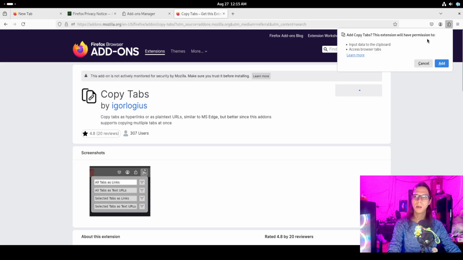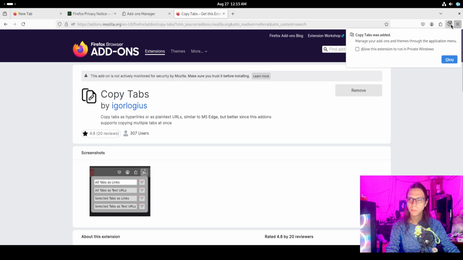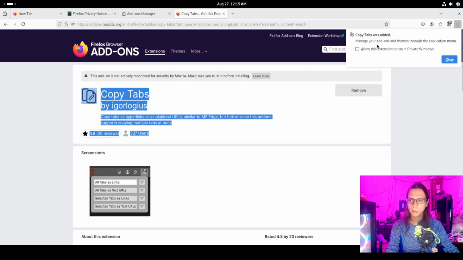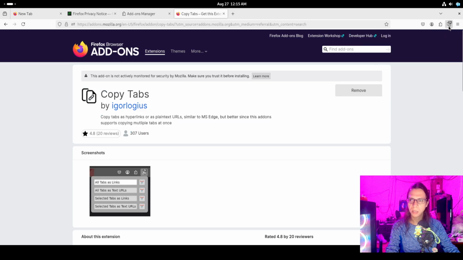Let's try this one. So in this case, we added pin to toolbar. You can fixate it onto the toolbar. Manage your add-ons and themes through the application menu. Okay, so in this case, for example, all tabs as links. So you click on them, so you can copy. You can copy all tabs as links. You click here, so you can